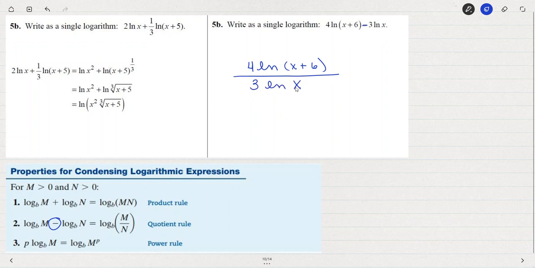Then we could go a little bit further here. We could take this exponent and put it up top. So we'd have the natural log of x plus 6 raised to the exponent of 4 divided by the natural log of x cubed. Now these are the same base, so I could say that this is going to be equivalent to